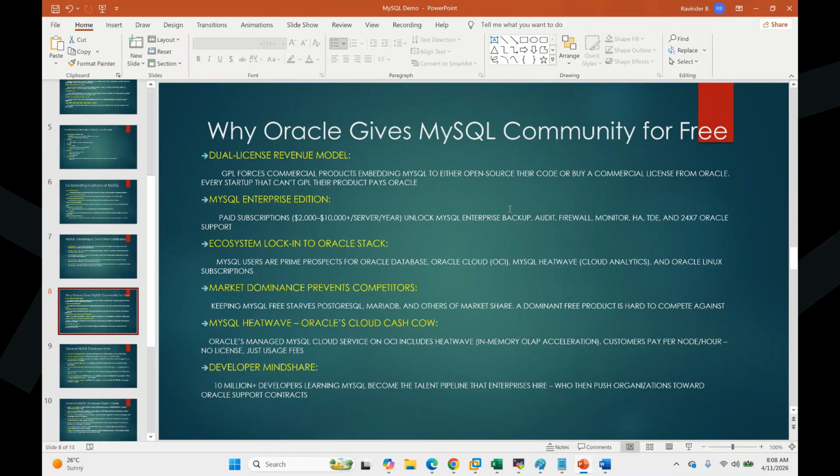Oracle also agreed that even if you purchase this product, it should be open source only. That's the rule. Oracle agreed in 2010 that they would give this product free of cost for the next 15 years. In 2025, that contract ended. Still, Oracle is giving the community MySQL Server as open source because they understood that access to the market is very important. They're making it licensed.